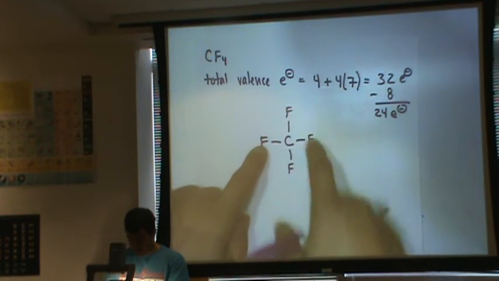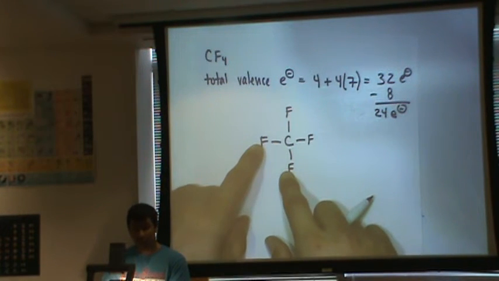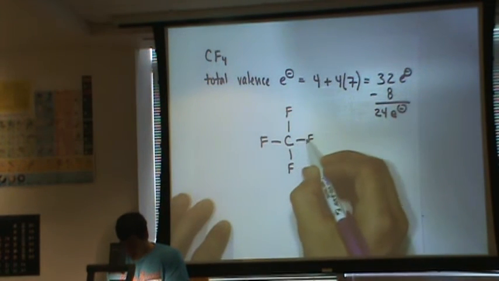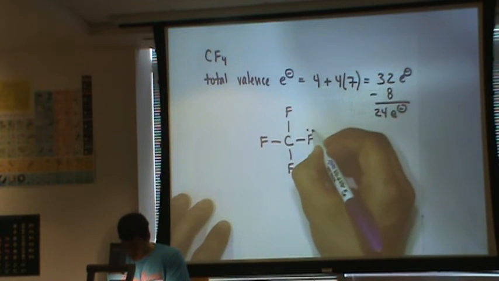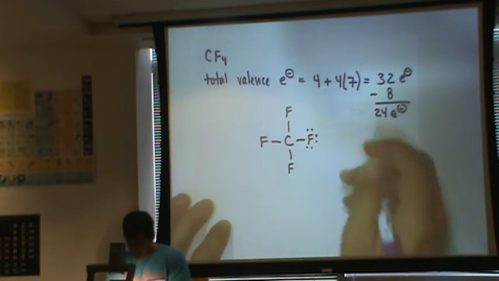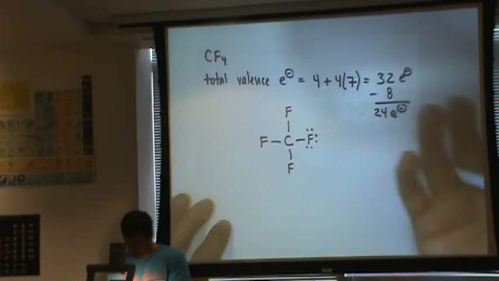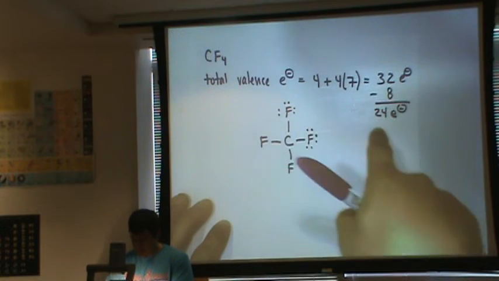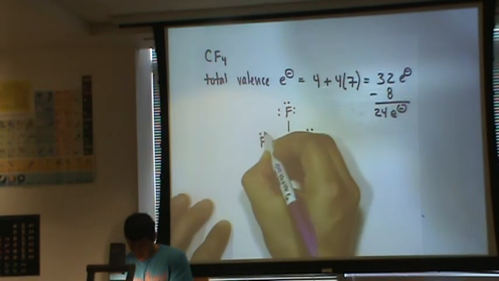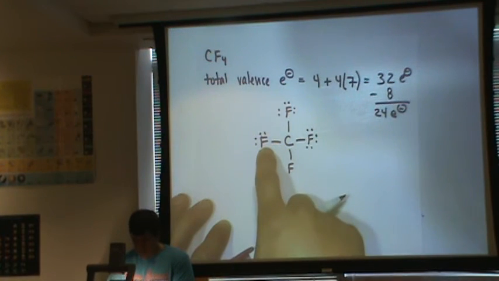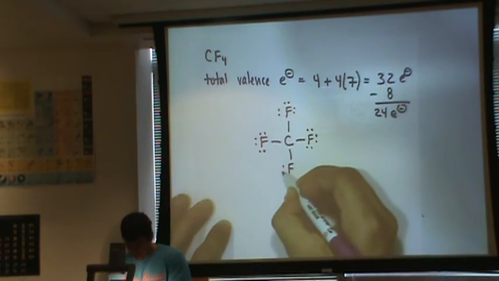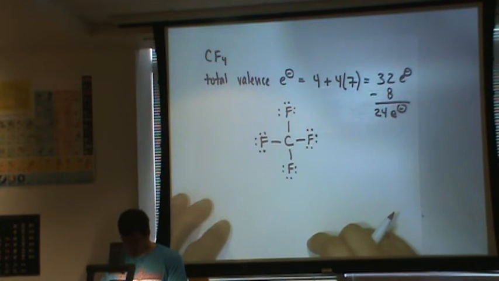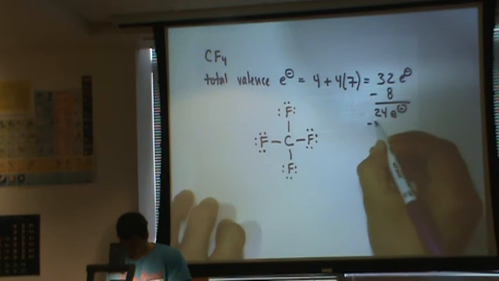This time, we don't have hydrogen on the outside. We have fluorine. Fluorine wants to have 8 electrons around it. So this fluorine atom has 2 electrons right now, so it wants 6 more, so we're going to put 1, 2, 3, 4, 5, 6. So I've used up 6 of these 24, so I'm down to 18. Let's use another 6. Now we're down to 12. This fluorine has 8 around it now. We're down to 6. And I've used the last 6 on this bottom fluorine atom. So now I have no more electrons